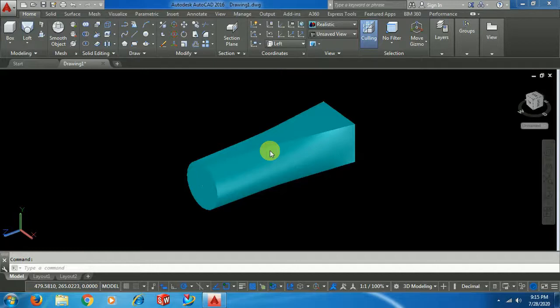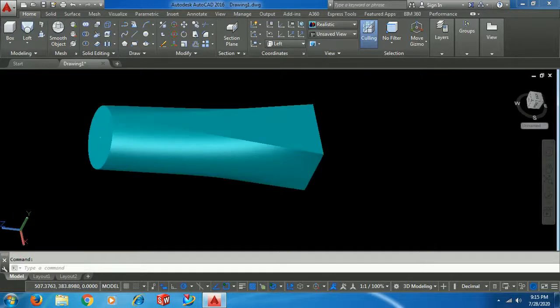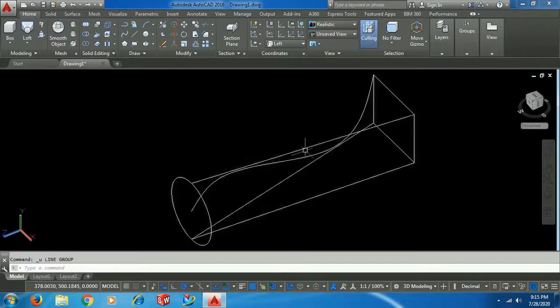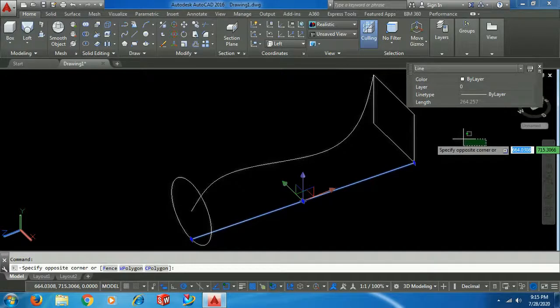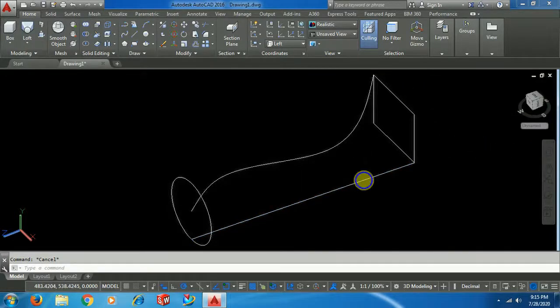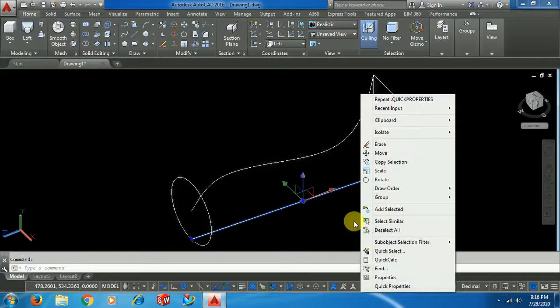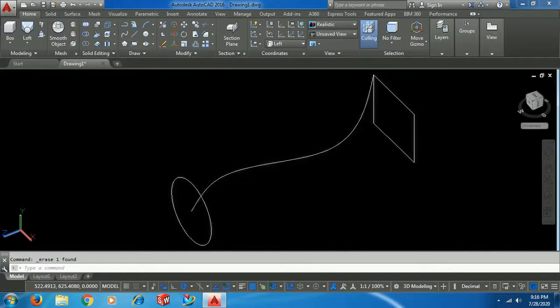I delete these guides, or I delete this circle.